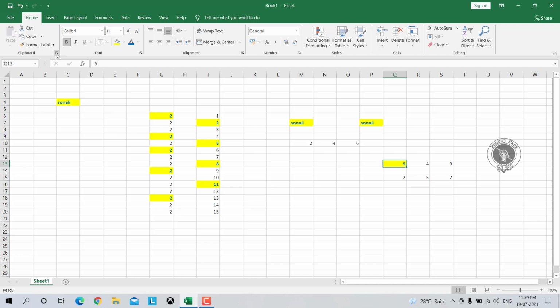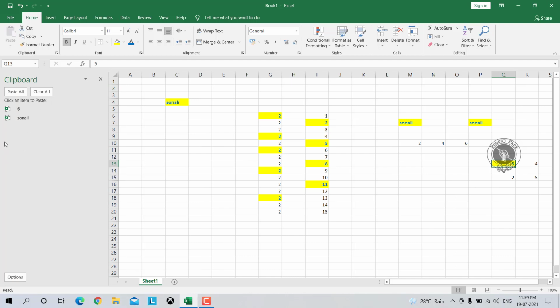Now we'll come again to our clipboard group. I'll click on this little icon over here. So now you can see here I have just used this recently, things to copy and cut, and it is there in my clipboard. So suppose here also I'll click on copy. Okay, it is getting added in this list. Also, if I perform cut, like I'm cutting 7 from here and I'm pasting somewhere else, you can see, wherever you perform cut or copy, it will add in this clipboard.